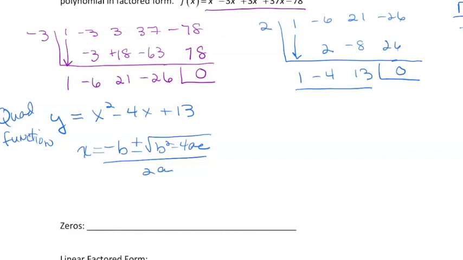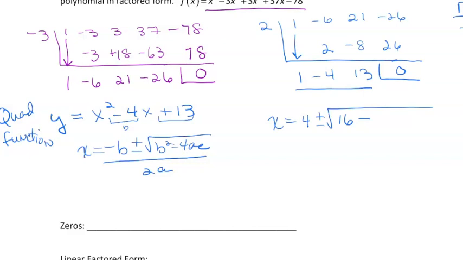Okay, so my a is 1, my b is -4, and my c is 13. So I'm getting x equals -b, so -4 is a +4, plus and minus. Okay, tell yourself, what is -4 times -4? That's b squared. That's a 16. It is not, and never will be, a -16. Okay, minus